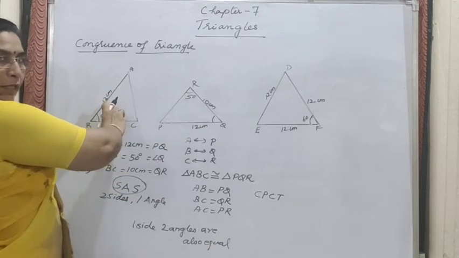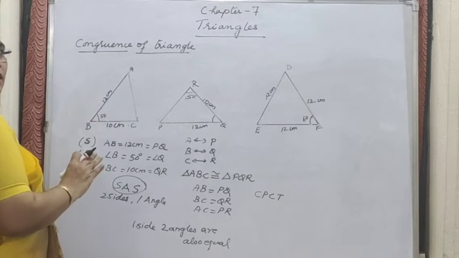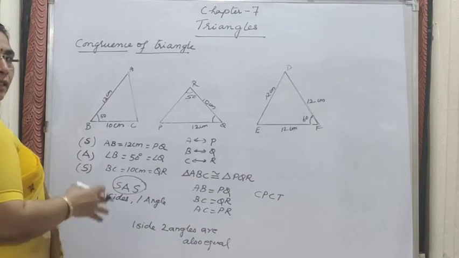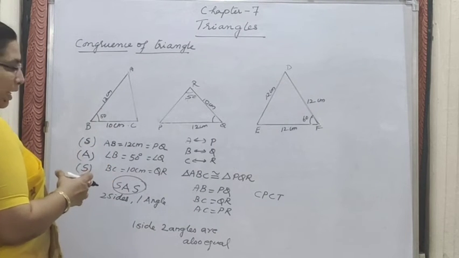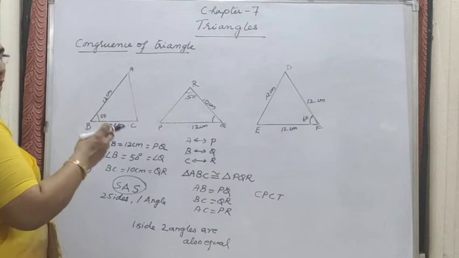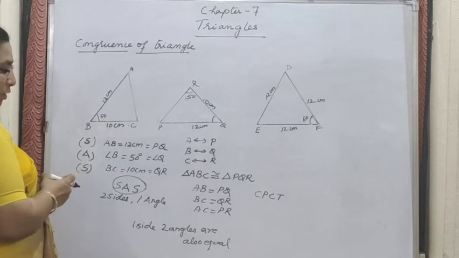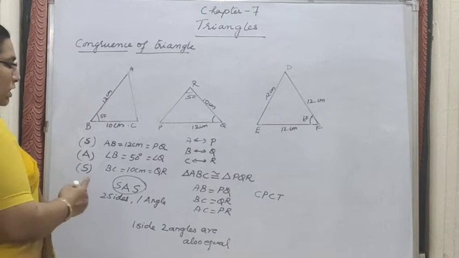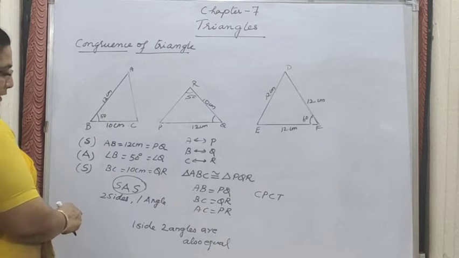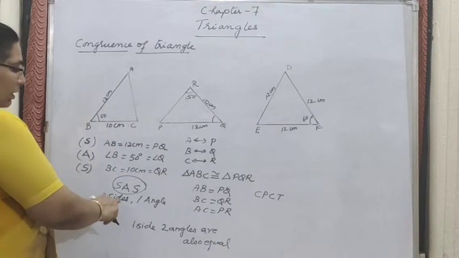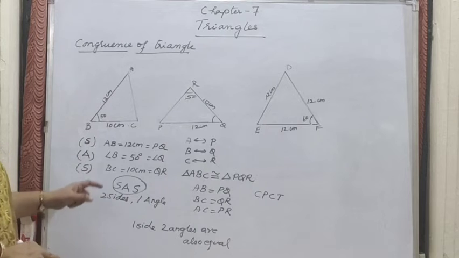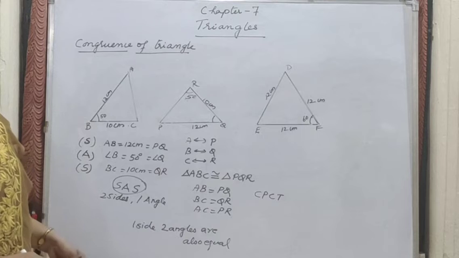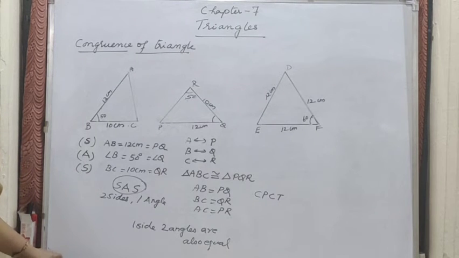One triangle we keep on the other and check whether their overlapping is possible or not. Based on that we have checked, but it is not required all the time to check all the 6 criteria. There are some helpful steps. The first one is SAS congruence criteria. In SAS congruence criteria, what are the things to be checked? 2 sides and 1 included angle to be checked. One angle should be included, then only the SAS criteria will be checked. So by using this, we can say that the remaining one side and the remaining 2 angles are also equal. Let us see the examples now.